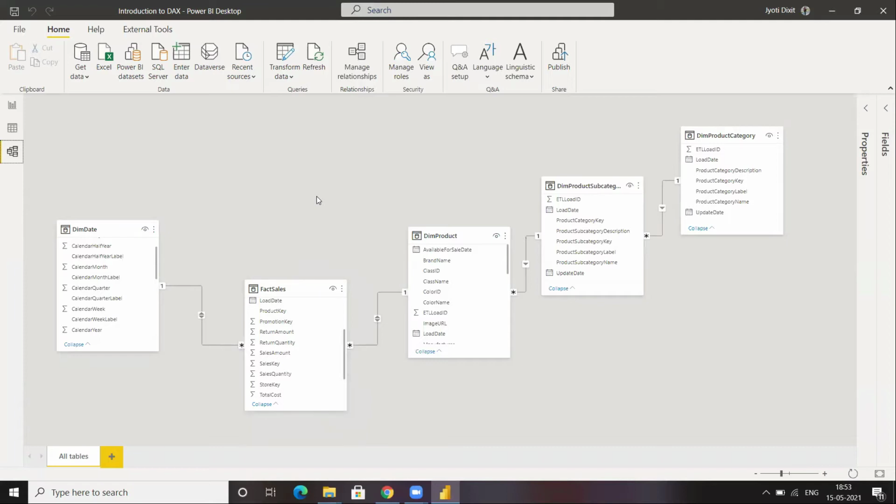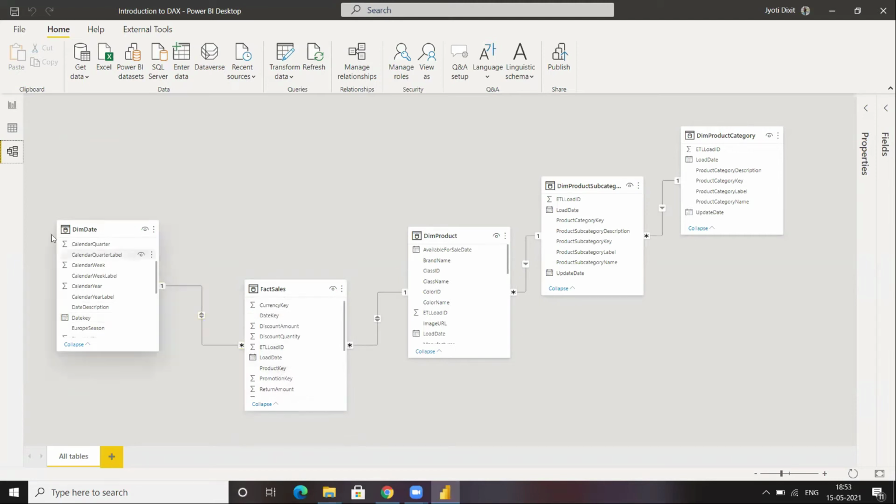Now the date keys corresponding to the product key one in fact sales table will be having a relationship now with dim date. Why? Because we are actually having the relationship between two tables by means of this date key only.